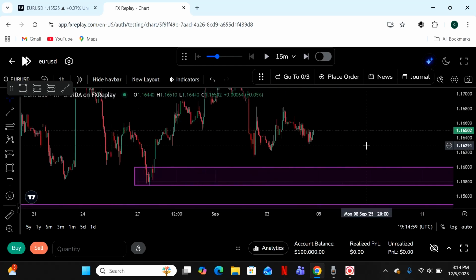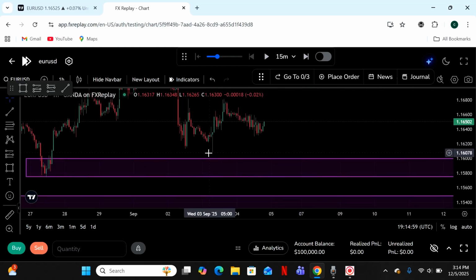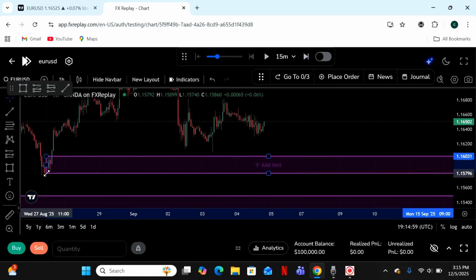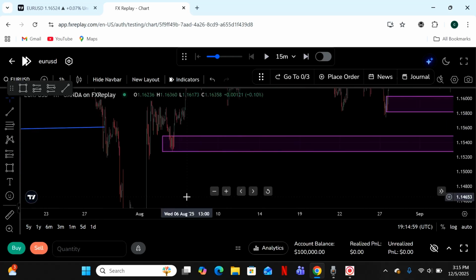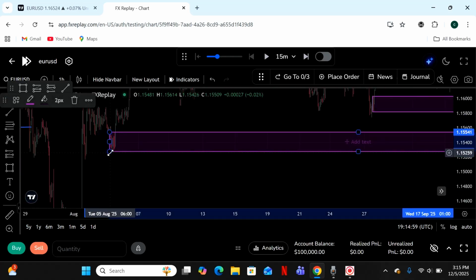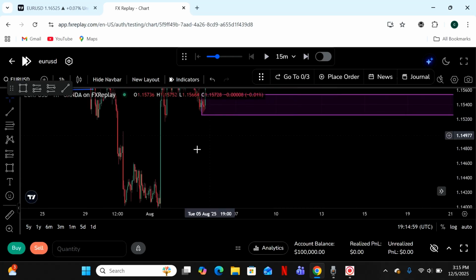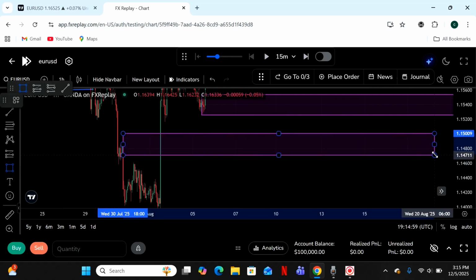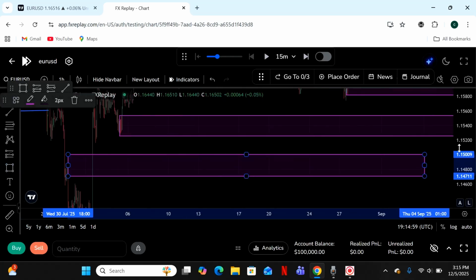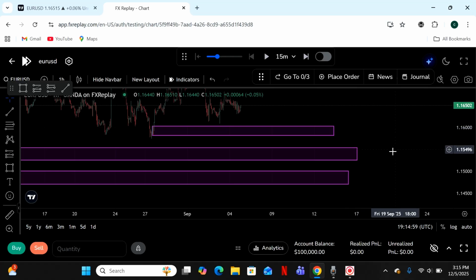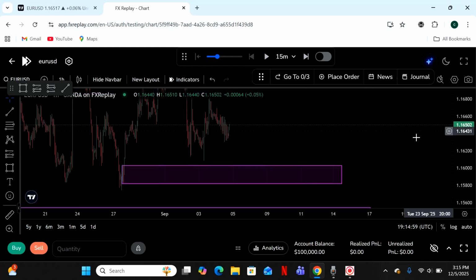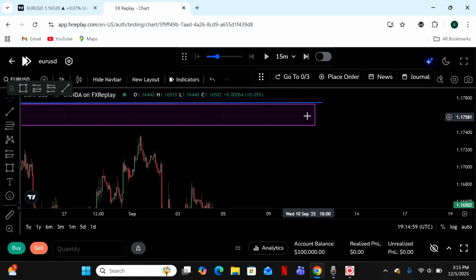we have this. We have liquidity, and then we have imbalance, and then we have our demand zone. We refine it nicely, and when we refine this too, we have a nice demand zone. We have a massive imbalance here, and then we have this nice breaker block from the side, a nice breaker block that's leading all the way. So we have our zones here that we are anticipating the market could reverse from and trade into our point